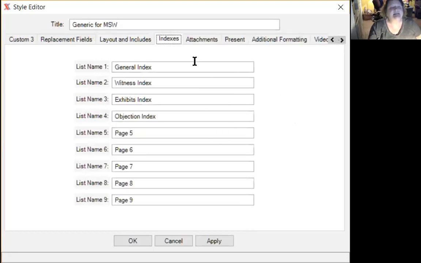This is the Indexes tab. In this tab, we are only setting up what indexes we want to have. I need you to think of your indexes as lists, meaning that certain things belong in the general index, certain things belong in the witness index, the exhibits index, the objection index, and you may not have any of those. Or you may want to get a little bit more complicated